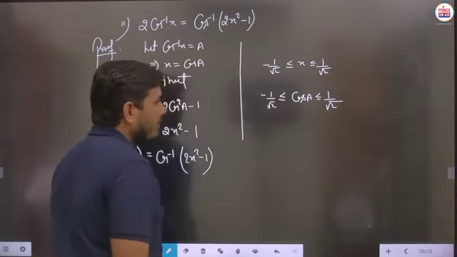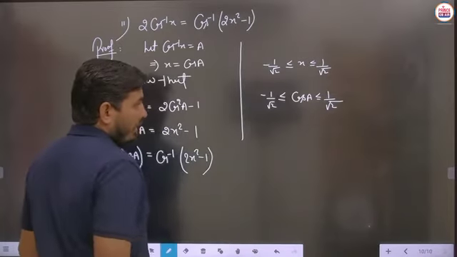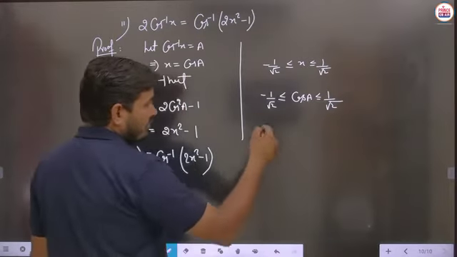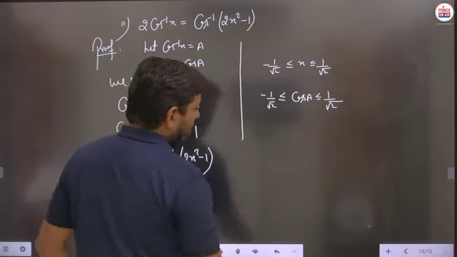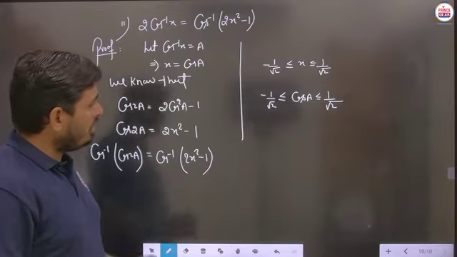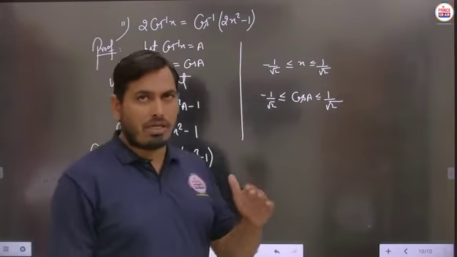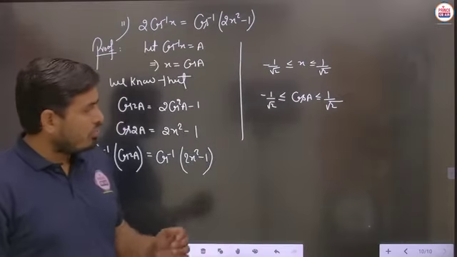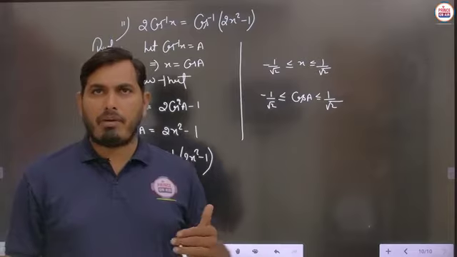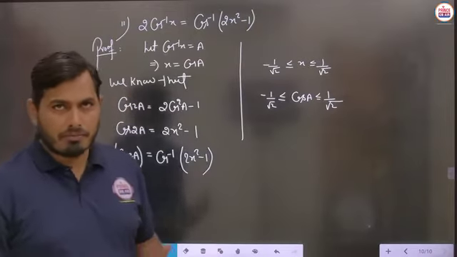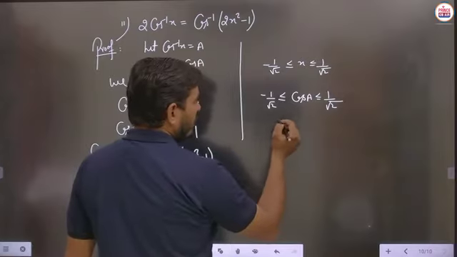Is it to be clear? Now you can check the value of cos A. This is the minus value of this particular part. So cos A will become minus 1 by root 2, then what should be the interval of A? So A will lie in the second quadrant, because in the second quadrant cos is negative. So you can say that the angle should be pi minus pi by 4, so pi minus pi by 4 will become 3 pi by 4.